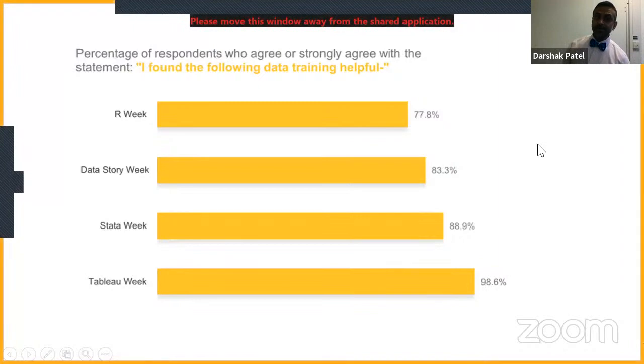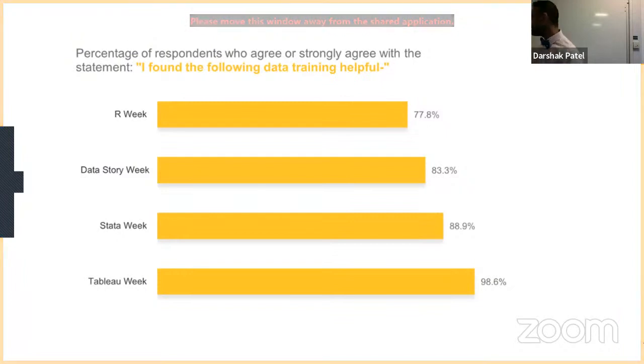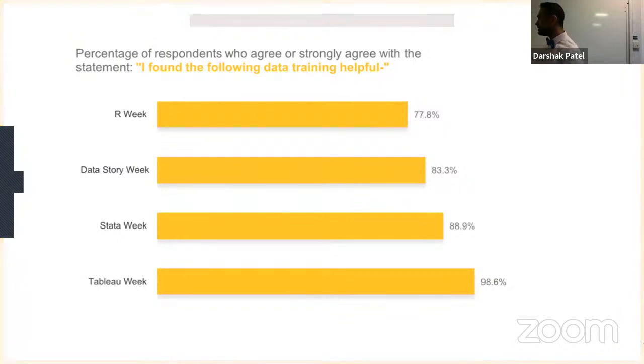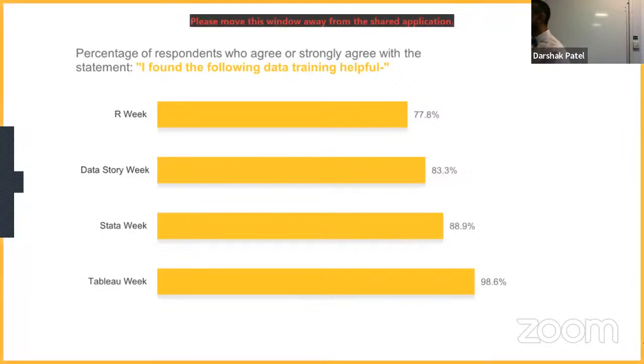All right, so then again, when we talked about what did they find helpful about this data training, it was really surprising to see that Tableau definitely took the lead on that. A lot of participants really liked the Tableau week. I think the reason is because it's easy to adopt. It's easy to pick up. It's not that difficult software. We don't have to write programming, do a lot of coding and so on. So that was really great to see. And I think 1 week was plenty of time for someone to pick up Tableau with all the exercises that we had provided as well.